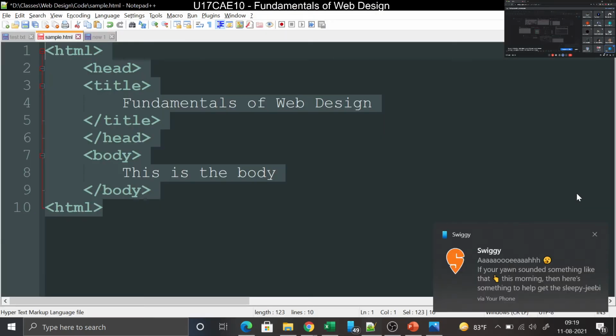So what do you call that one? The symbol on the top when you type it in the title bar. I thought you only knew two tags, right? One is the HTML and title tag, but there is an icon popping up here. Can anyone tell me there's a name for that one? Can anyone tell? No one has heard it. It is called the fav icon. Okay, it's a fav icon.